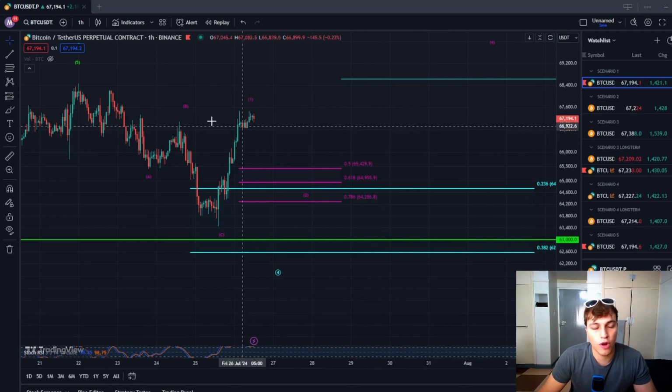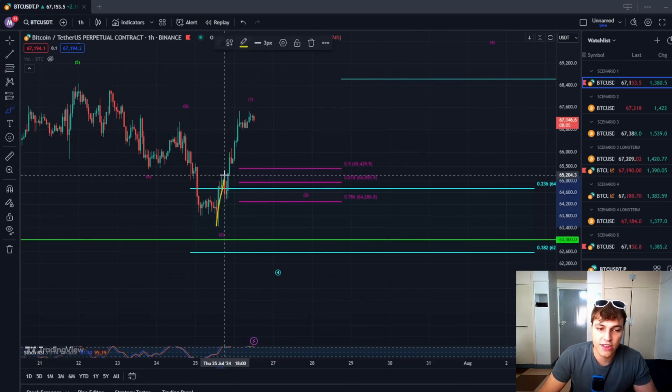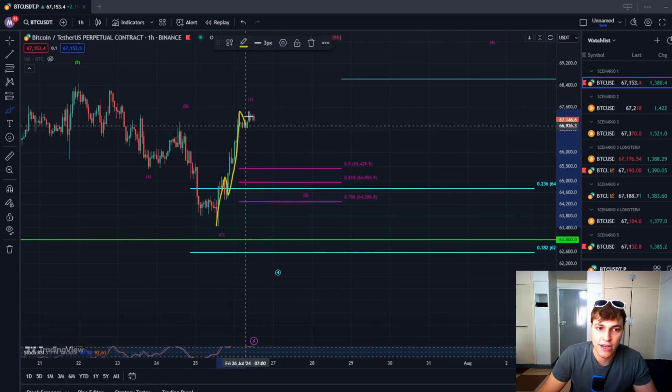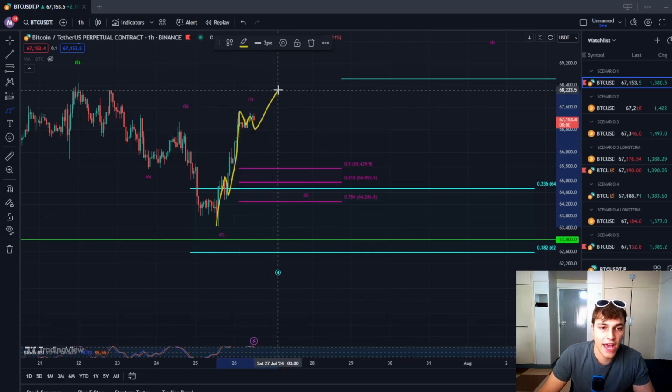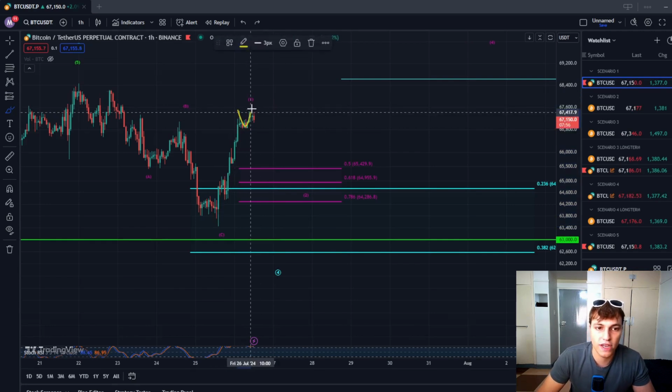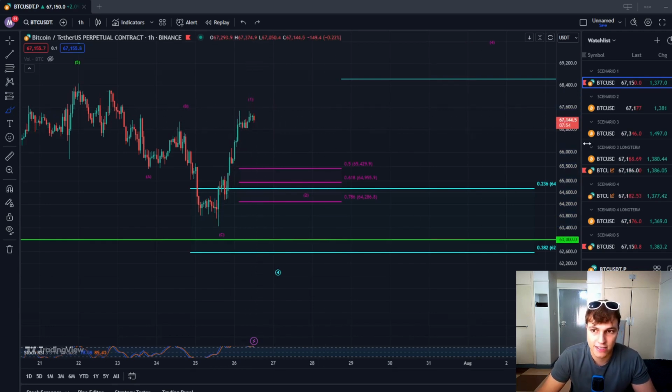There's possibility for one more high, maybe something like this. This is a 1, 2, 3, 4 here, and then a 5. So that is the possibility. This 4 is most likely a flat. If I go into a bit of education,